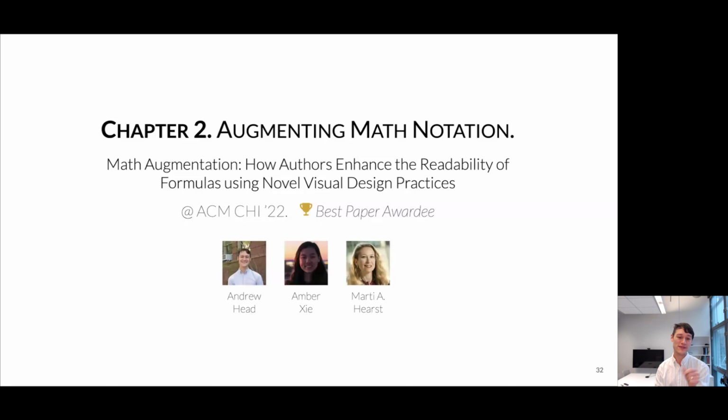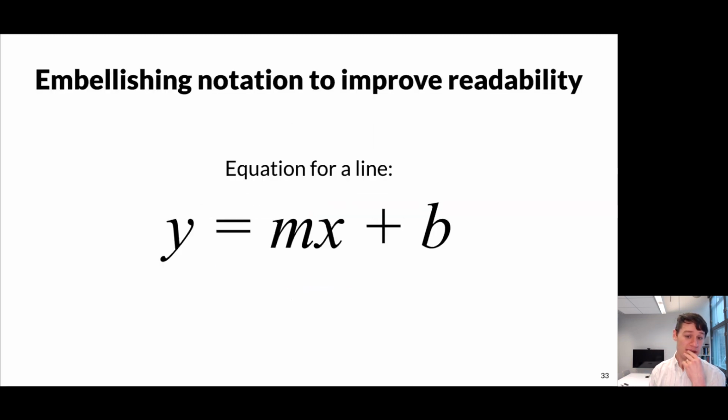This next chapter of my talk is going to be about augmenting math notation, and it's going to be based on a talk that we presented at ACM CHI, which is one of the leading HCI conferences. So there are many ways in which we could embellish notation in order to try to improve the reading experience around it. One of the things that we can do is, for instance,